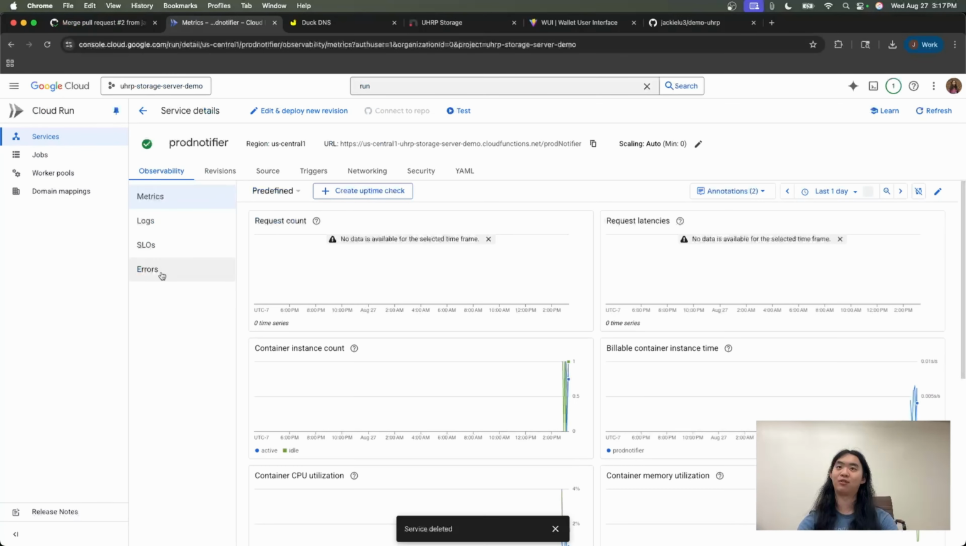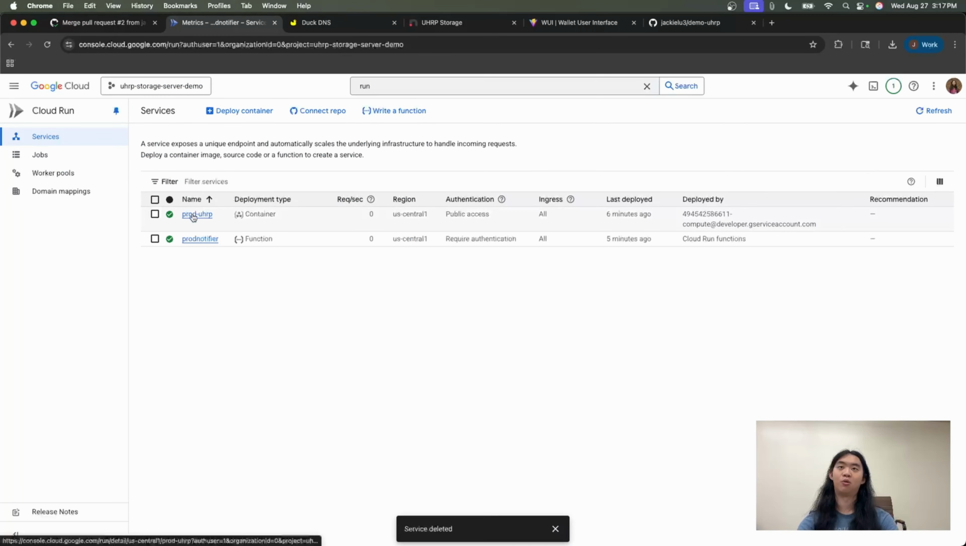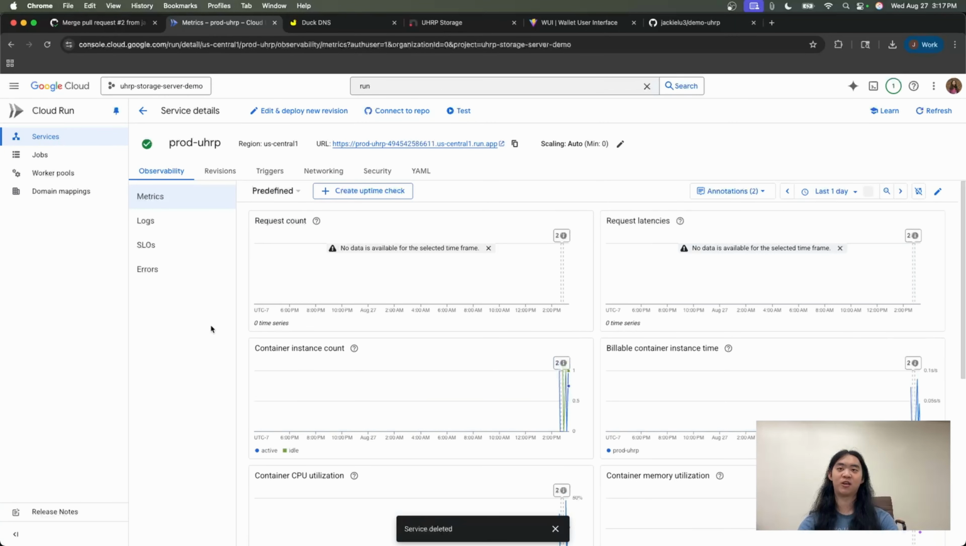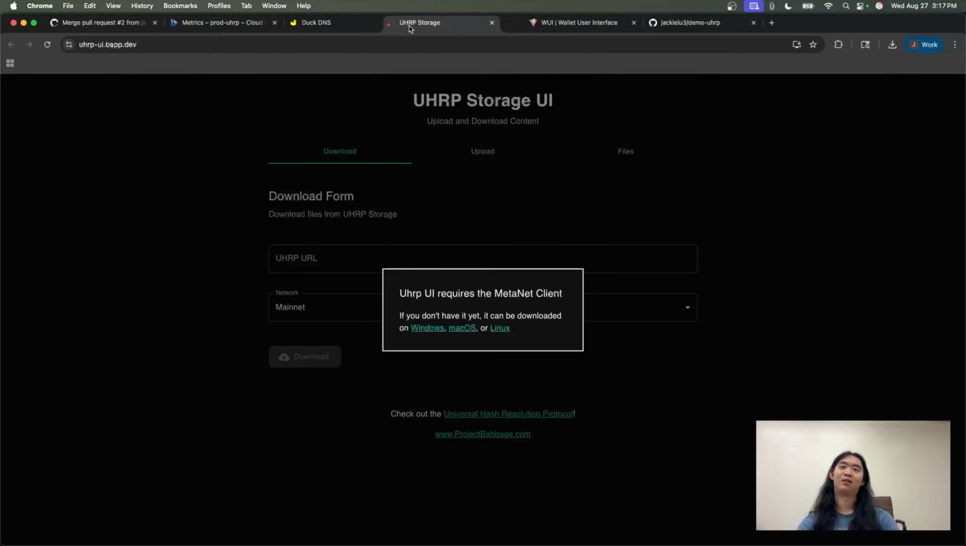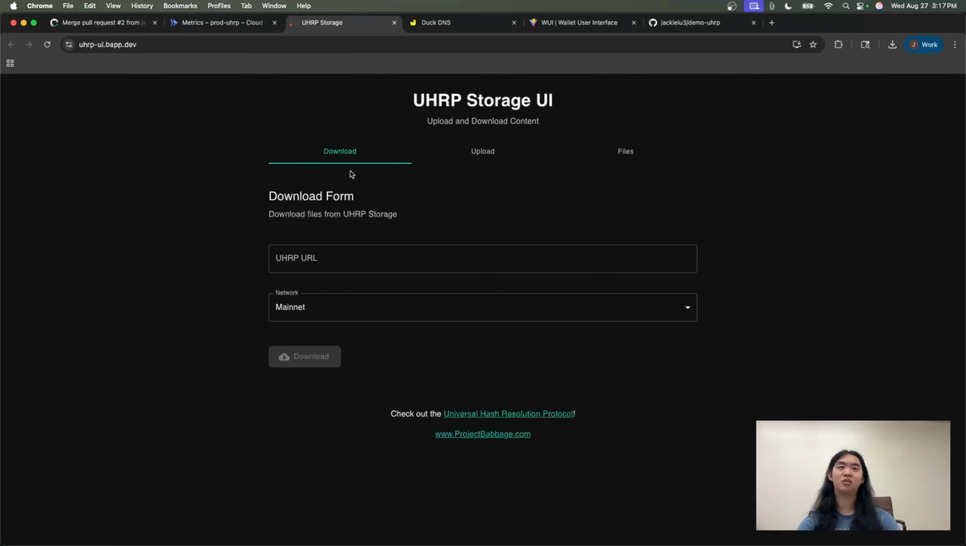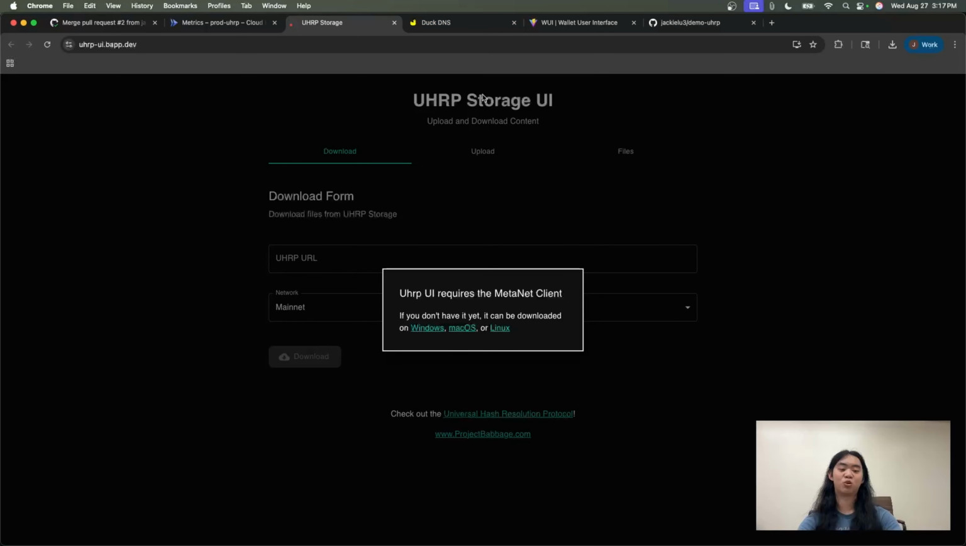So now that we have these two set up, we can actually do a preliminary test. If we click on prod UHRP, or whatever your service is called, not the notifier one, and copy the URL, and navigate ourselves to uhrp-ui.bapp.dev, we will see that this is the UHRP storage UI, and we have a little UI that we can do